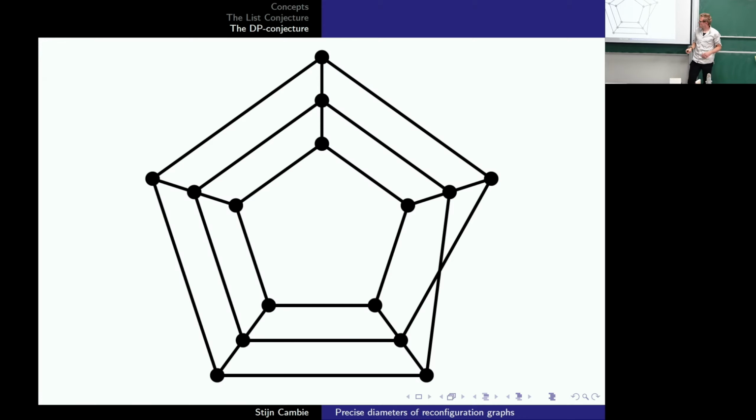And it's not hard to check. If this vertex is red, this one is red, we can repeat. And then this one should be red, so we would have twice red. And then this does not correspond to our initial list coloring problem, so this is very different. And this is a generalization which is